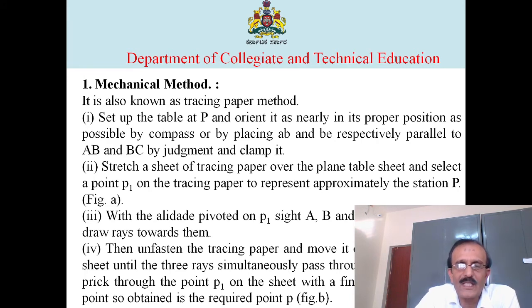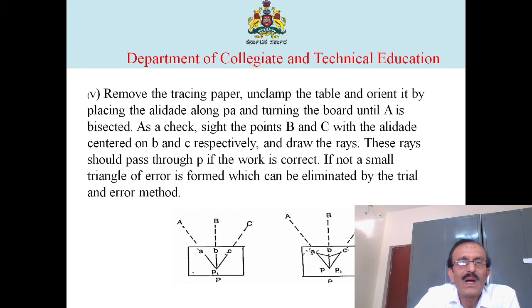Then unfasten the tracing paper and move it over the plane table sheet until the 3 rays simultaneously pass through A, B and C. Then prick through the point P1 on the sheet with a fine needle point. The point so obtained is the required point P. Remove the tracing paper, unclamp the table and orient it by placing the alidade along the PA and turning the